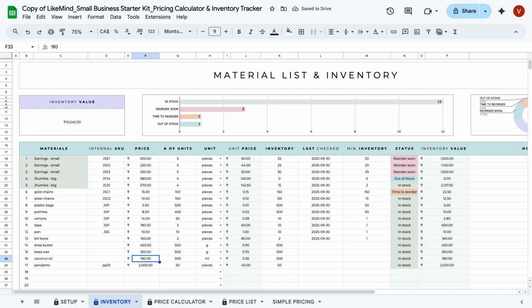The sheet is very self-explanatory, so you just put in the details. And the best thing is, once you've put in your inventory along with your minimum inventory, your status will automatically get updated if you are reaching low stock or you're out of stock. So as you can see here,